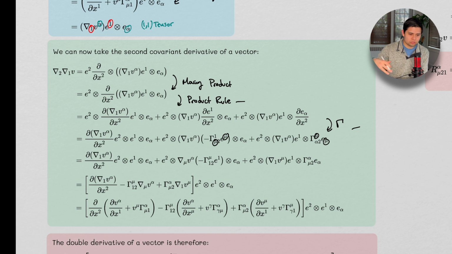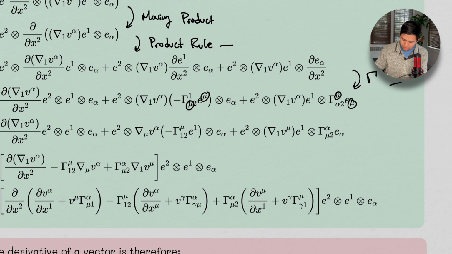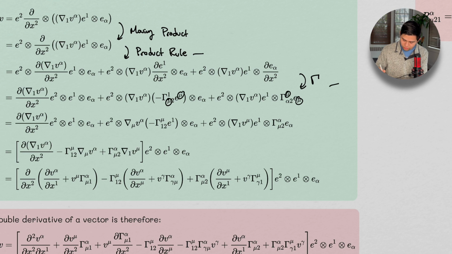Okay, so this playlist somewhat builds on that playlist. I want to keep these relatively self-contained though, so if there is something that I allude to in my tensor calculus playlist, you can go ahead, watch that over there, and then come back to this playlist. But anyways, so here is, okay, so we go from